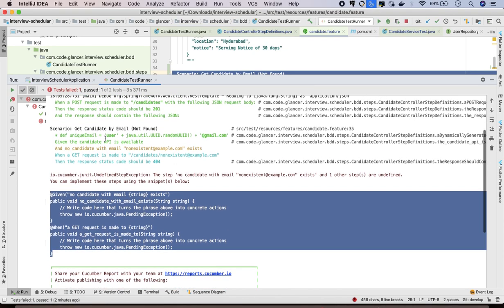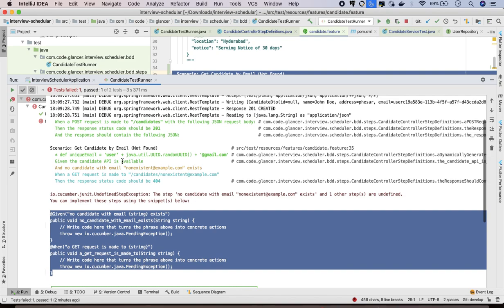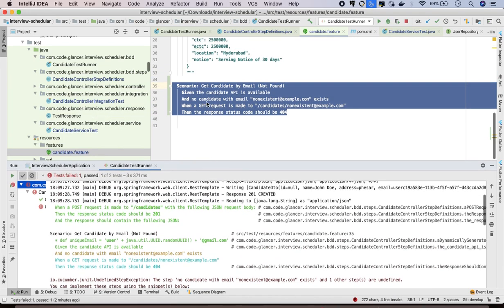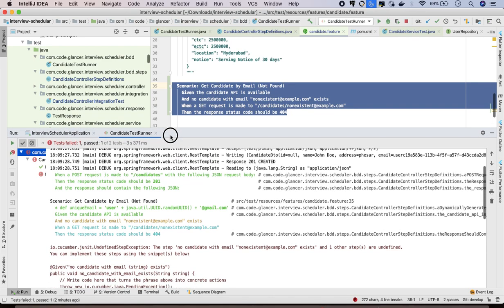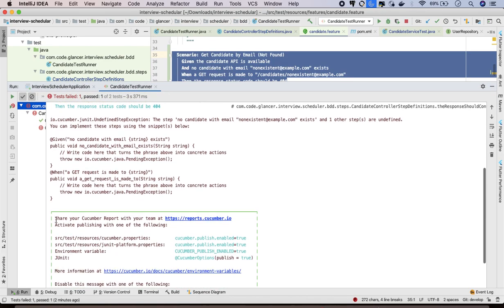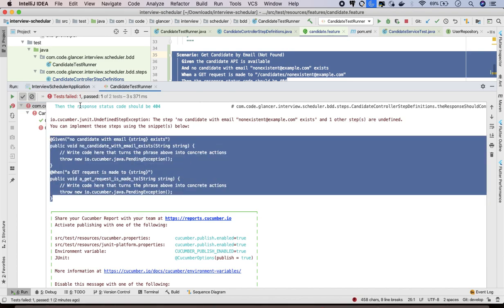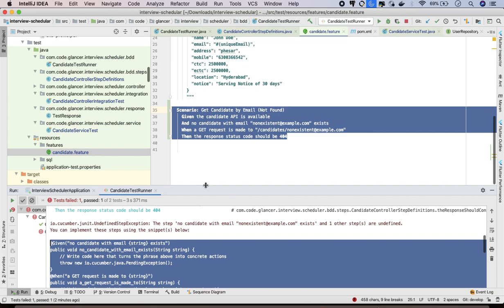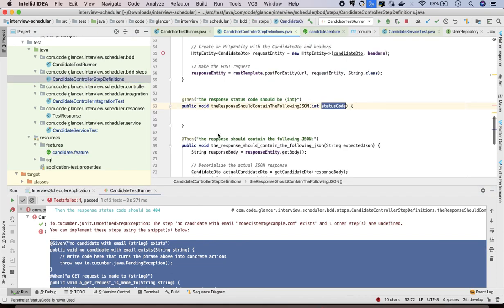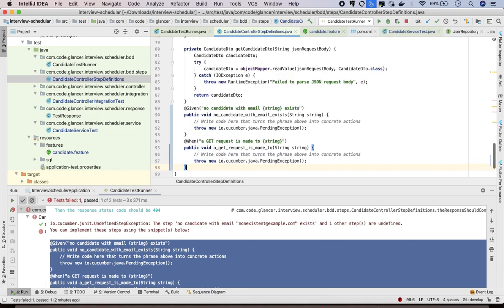When you write the feature file and try to run it, you will get a message that these steps are not written. Generally the feature file will be written by the BA, and when it comes to a developer like us, we have to write the step definition. So now let's write this step definition. I have just copied this one, and I will go to the candidate controller step def